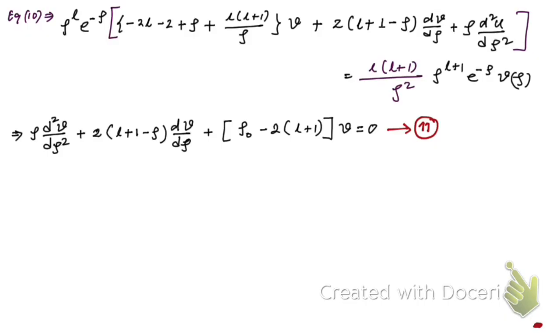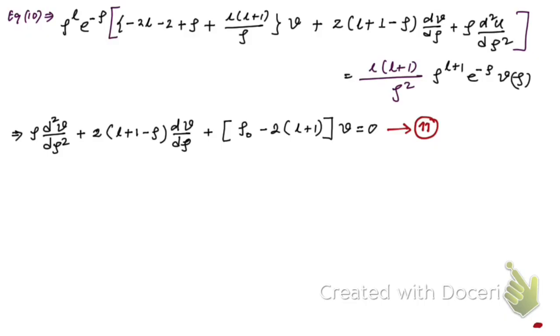Okay, so hope you have understood this. So this is the value of u that we have put here, and this is the value of this second order derivative of u with respect to t. Okay, so now you see,